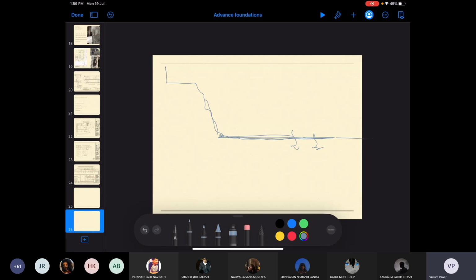Then what happens? Then, as somebody said, I'll mark the column alignments. So I'll say these are my column alignments. In the column alignments, I will notice that in this area, I have to take an eccentric footing. So this footing is going to go eccentric. Now, depending on whether I have already arrived at a hard strata over here, or I need to go deeper, I might have piles, I might not have piles, or we figure that out.